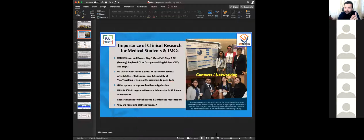And Step 3, many of the people are applying in the first year of application and they don't have Step 3. So only CK is the place where you can quantify the performance from one person to another. Number two is clinical research experience and letter of recommendation. Very crucial, very important. But after 6 or 7 months of US clinical experience, your